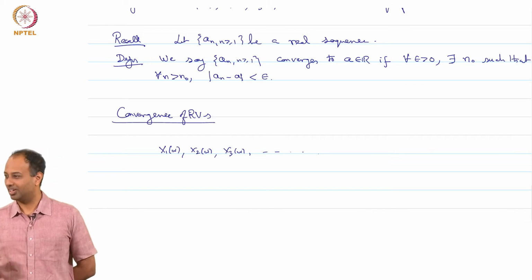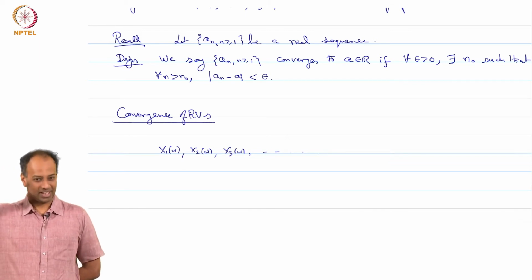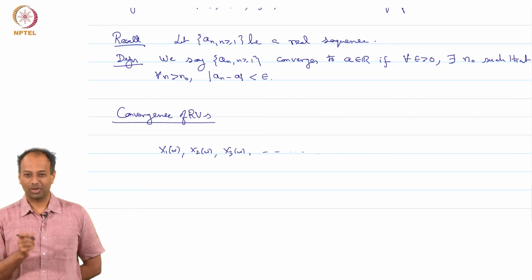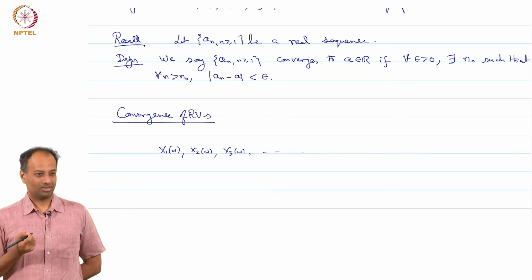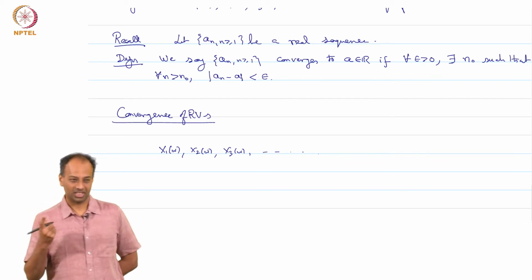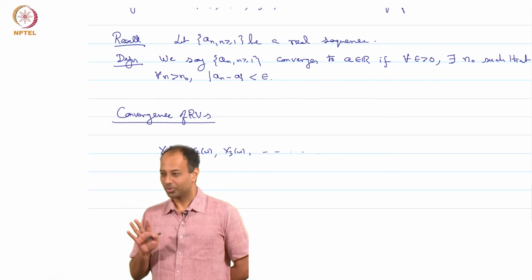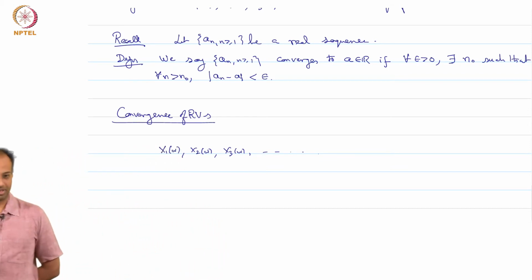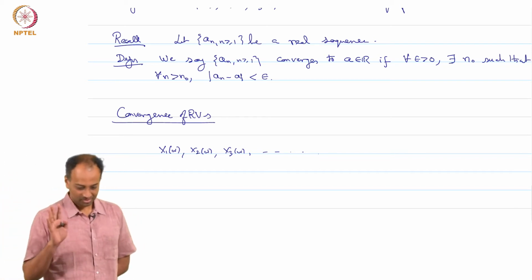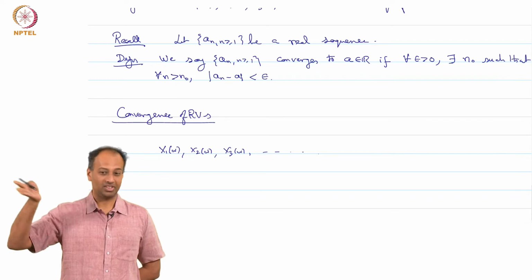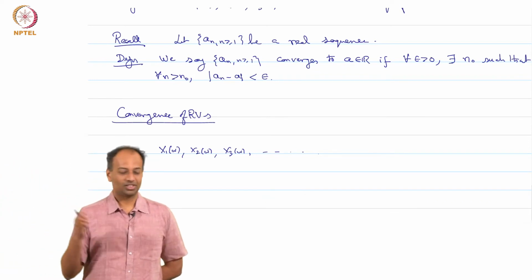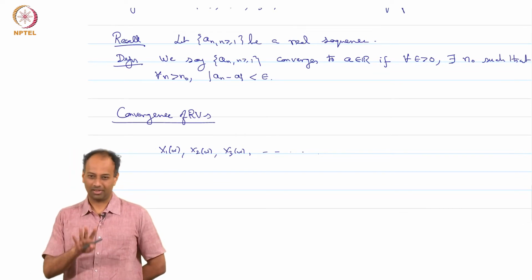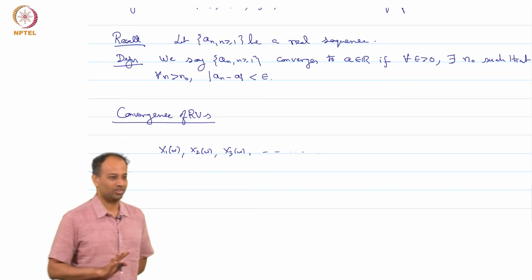See, the x1, x2 etcetera are random variables, but the limit, let us say x of omega, if at all it exists, is it a random variable? That requires one more technical condition, which is measurability. The pre-images of semi-infinite intervals have to be events. It turns out to be true: if at all a sequence of random variables has a limit, it will be a random variable. So, we can talk about the limit as also being a random variable with its own CDF and all that. It is not obvious, it requires a reasonably non-trivial proof, but for this course you can just take it on faith.